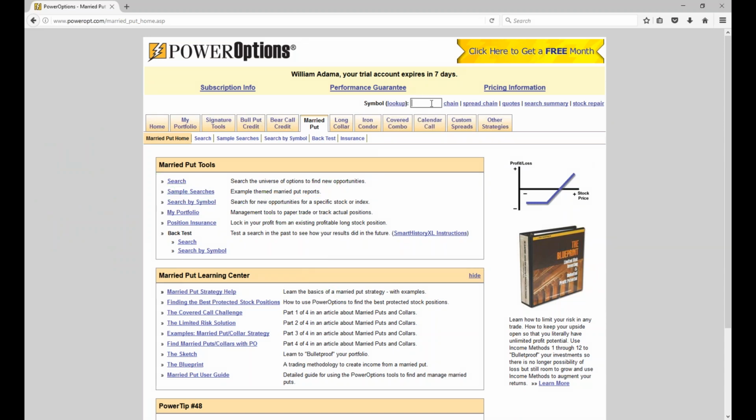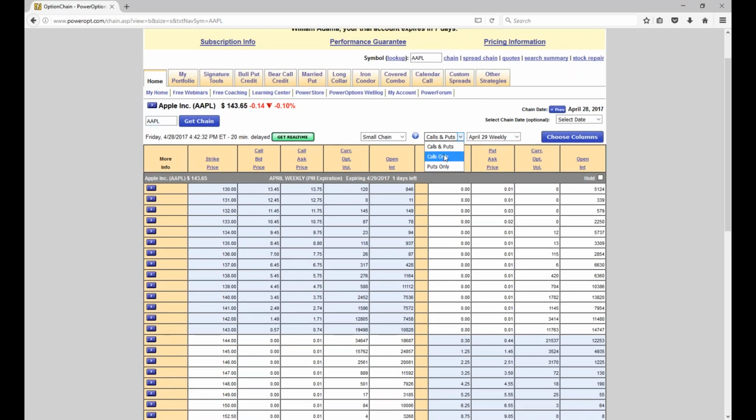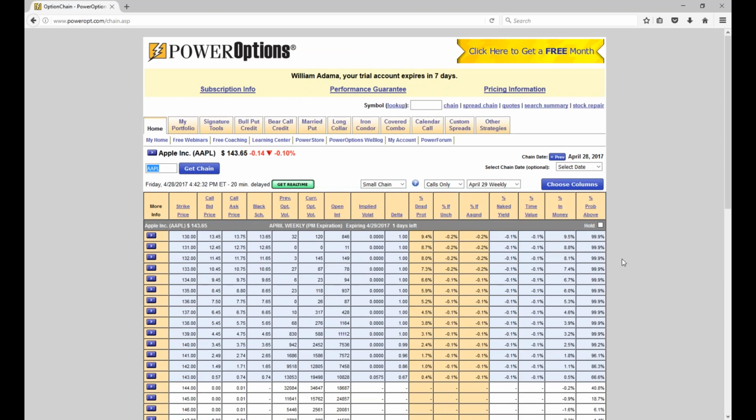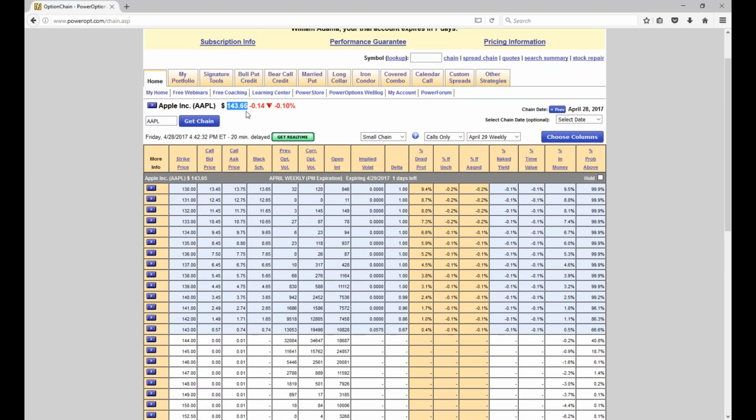Okay, very quickly here, we'll take an example just to illustrate that. Let's go to Apple now, and I will go to the chain, and I'm just going to look at the call chain, even though we were talking about puts a moment ago, Patrick. And we've got the small chain. The stock ended today at 143.65, which is going to become relevant